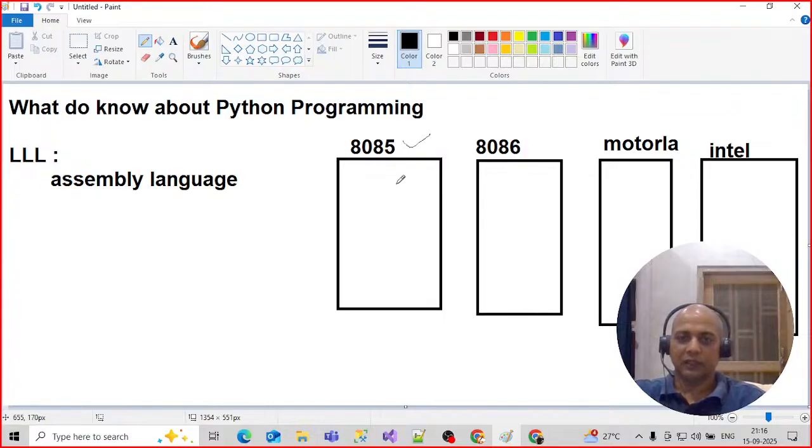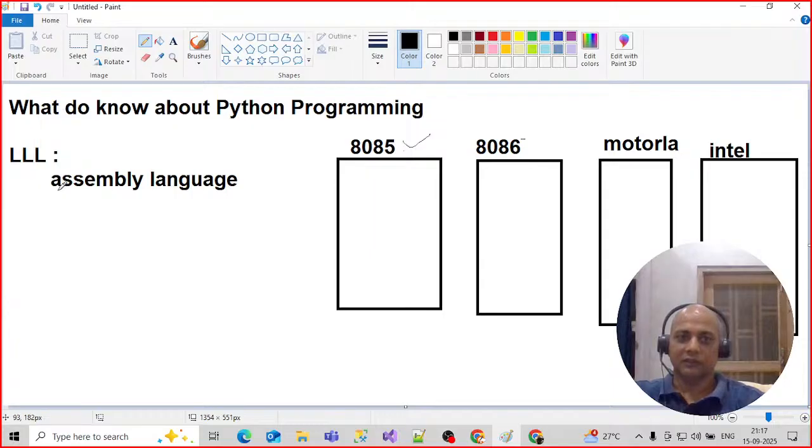Suppose the circuit design in 8085 was different from 8086, and likewise in Motorola, Intel, and nowadays the latest processors we are using, like i10, i7, i5 processor, right? So every processor has different architecture and different circuit design. Okay, so this low level language